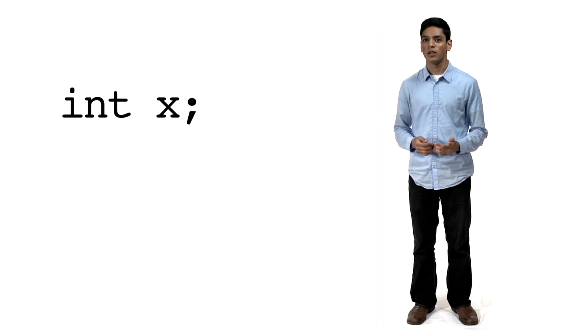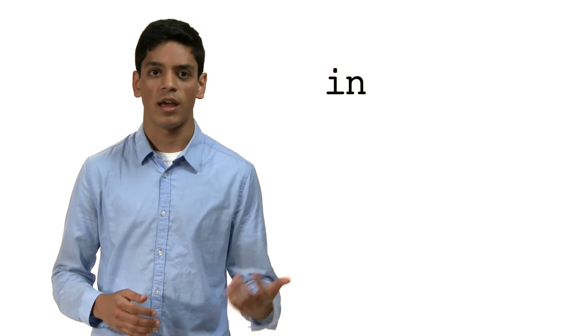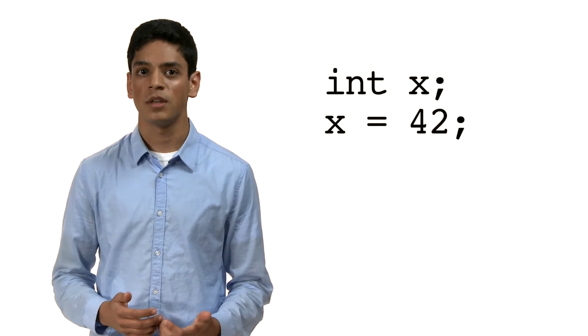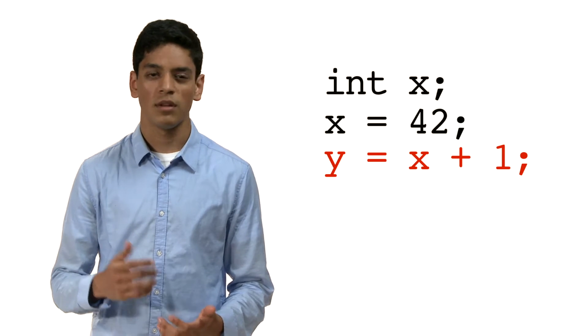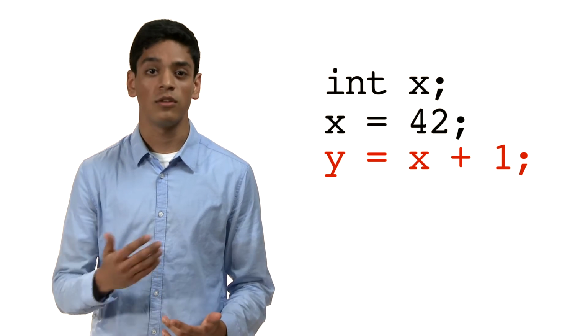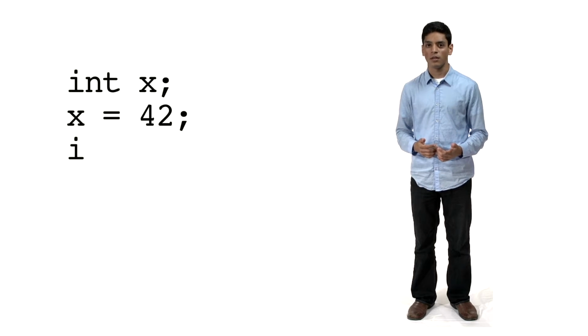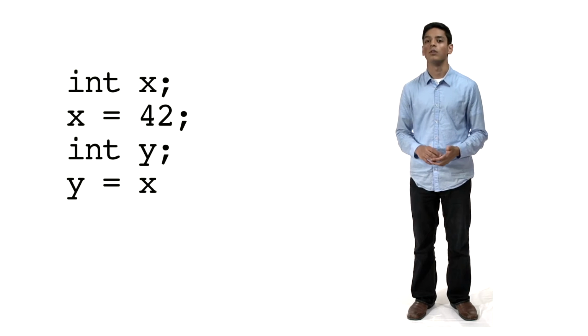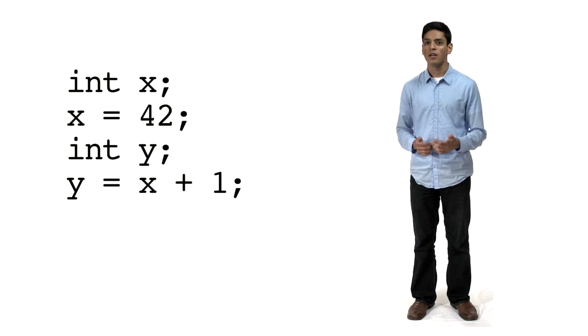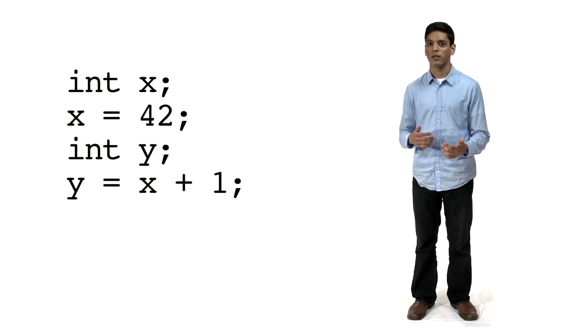Assigning variables in C is done by using the equals sign. Here's an example. We declare int x, and then we say x equals 42. If you try to assign a value to a variable before you declare it, the compiler will throw an error. For example, this script would not work. Declare int x, say that x is equal to 42, and assign x plus 1 to y. But in this case, y hasn't been declared yet. But this script would work. We declare the integer x, we set x equal to 42, then we declare the integer y, and then set it equal to x plus 1. As you can see, we have to declare the variable before we can assign values to it.